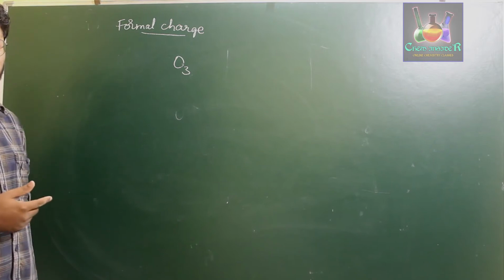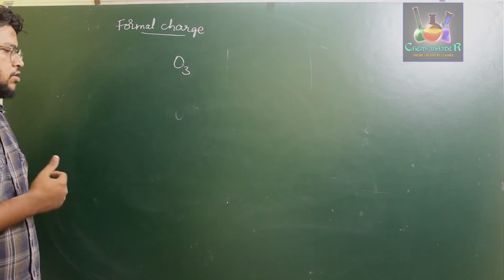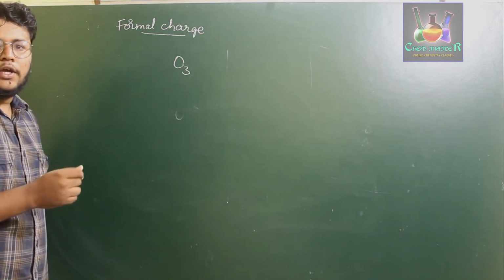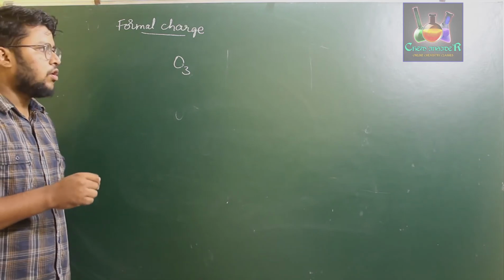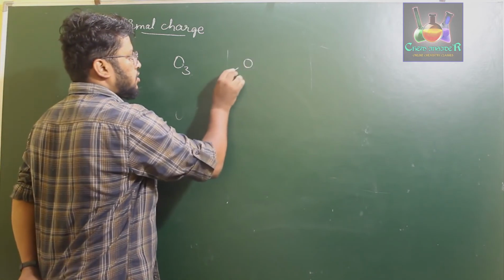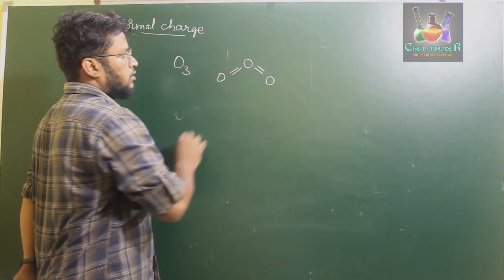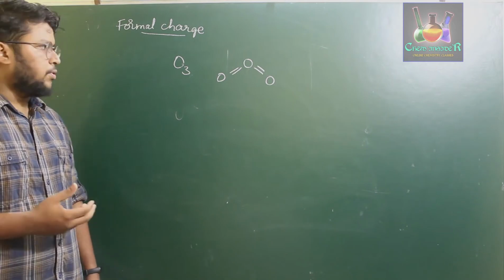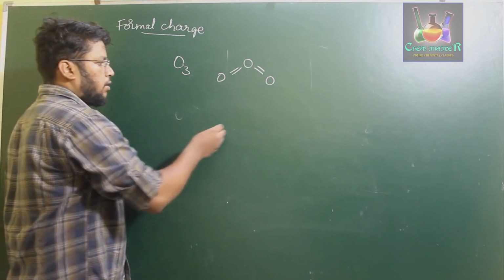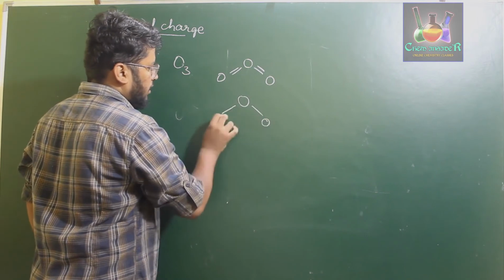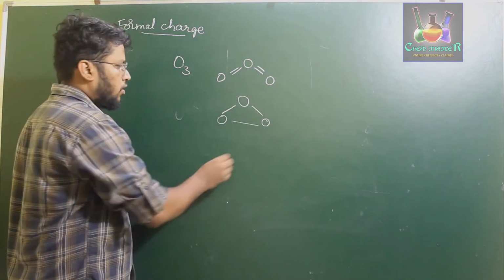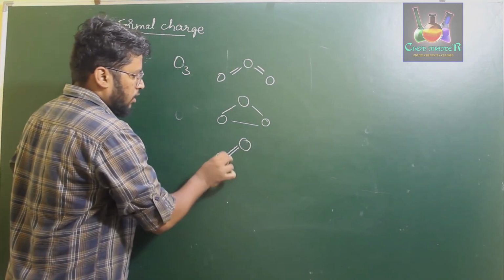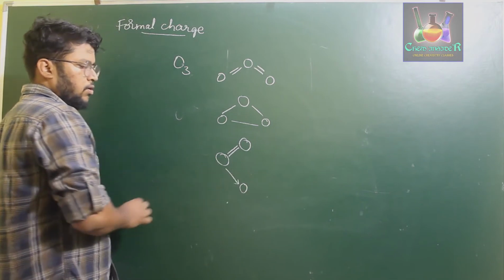If you write the structure of O3, we don't write the positive charge or the negative charge on oxygen, because we say there is no overall charge present. But if you write the actual structure, it is not possible to form oxygen's structure like this. If O3 means it should have zero positive or negative charges. So this is one possibility, and the other possibility is like this, or one more possibility of one having a double bond, one having no bond, and like this with a lone pair of electrons.